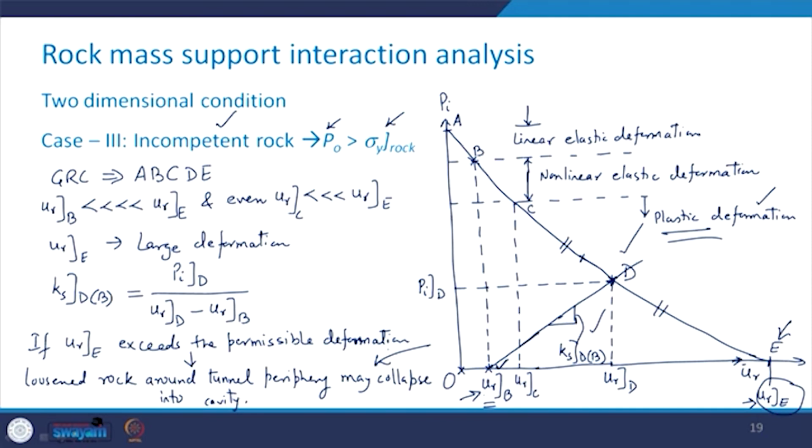So this is how we can understand the ground response curve and the support reaction curve in simple